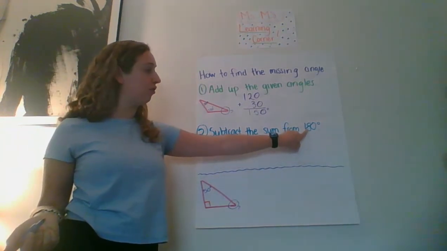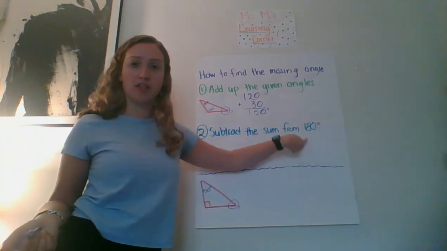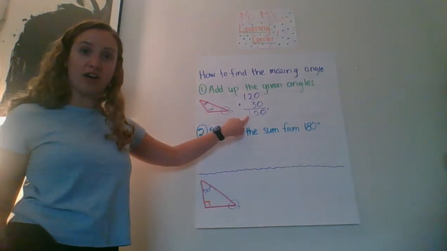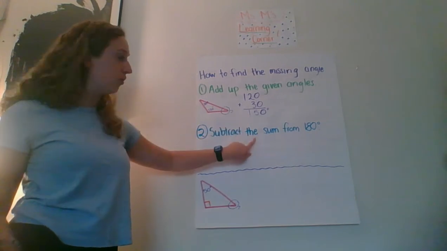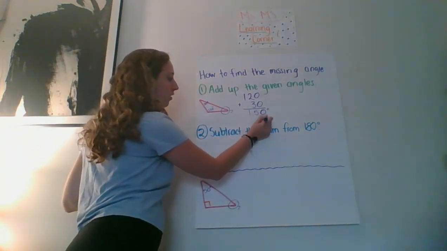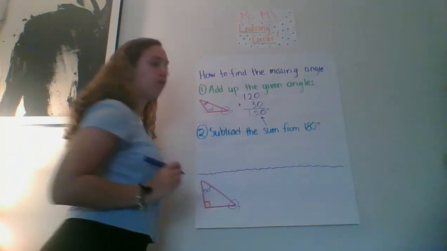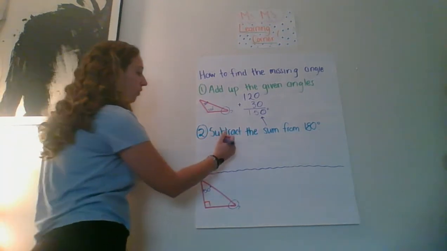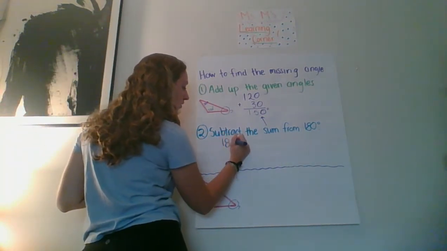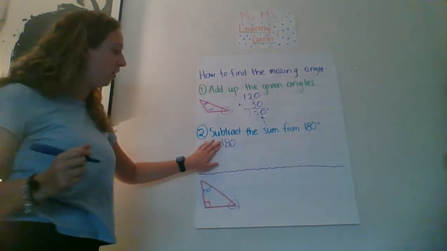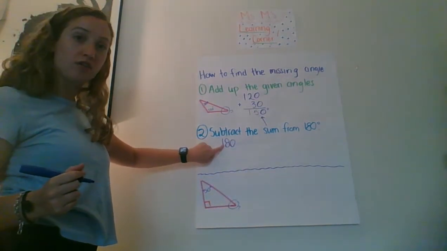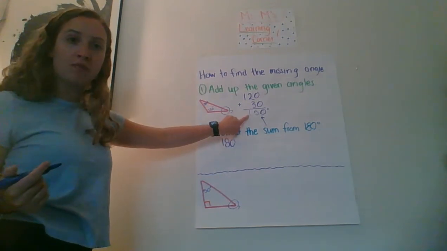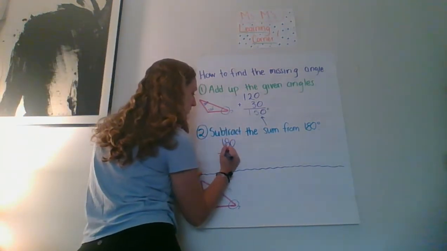I'm taking the degrees that that triangle has to have all together and subtracting the angles that I already know, the sum. So this sum is referring to those 2 angles that we added together. So now I can take 180 degrees, because that's how many degrees are in the triangle in all. And I'm taking away the amount of degrees I know, minus